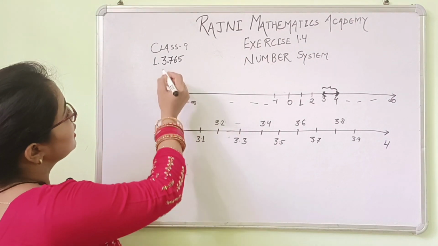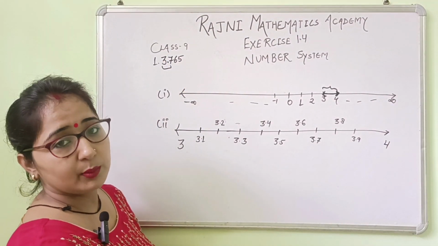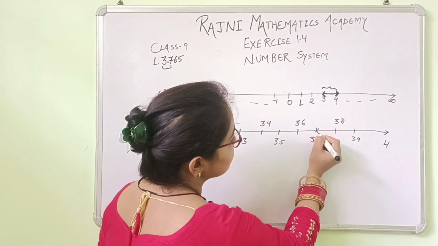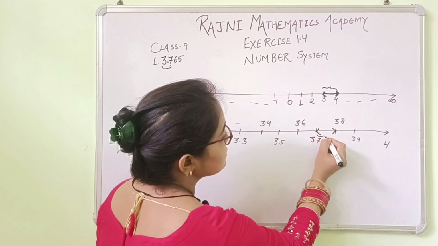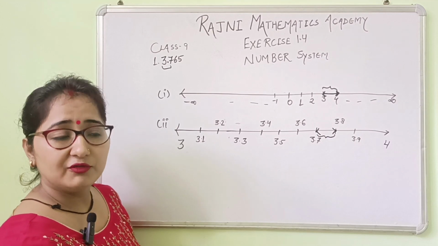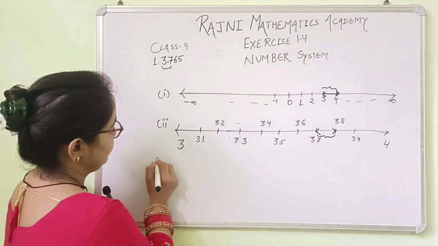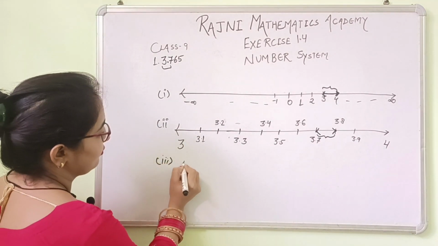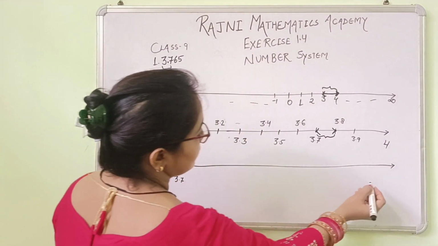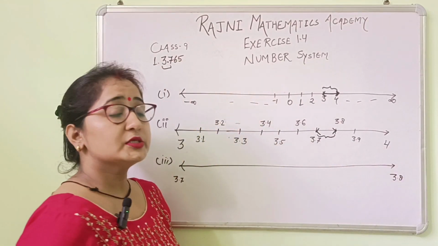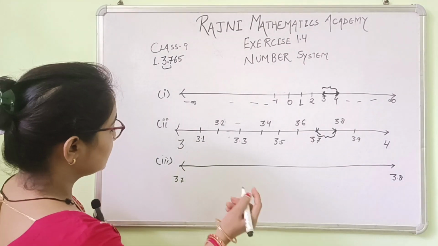So the number is 3.765. This number is greater than 3.7, so the number will lie somewhere between 3.7 and 3.8. So now in this step we will magnify the distance between 3.7 and 3.8. So numbers between 3.7 and 3.8 will be like this: